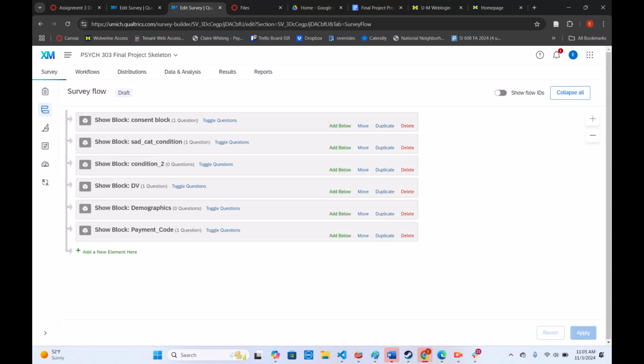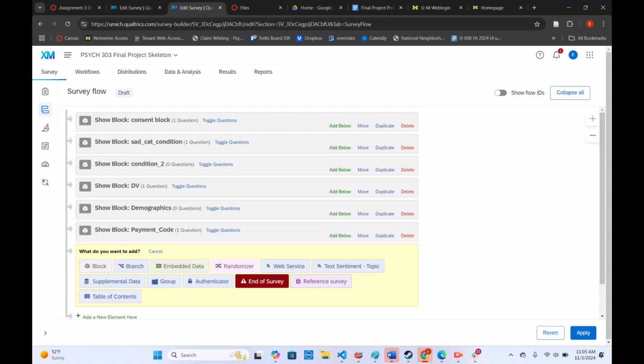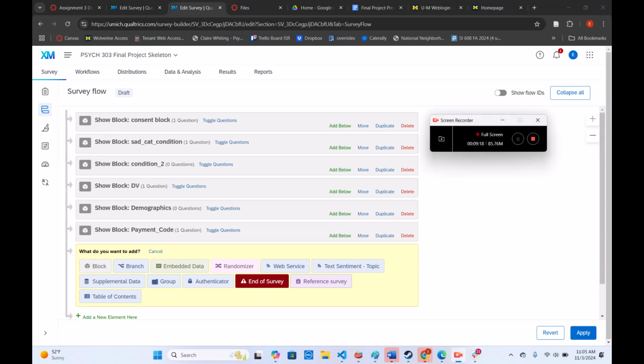Now we're going to move over to the left and click this survey flow question, or block right here. And you see we have all of our blocks presented in the order that we created them. This could be an issue because we only want to display one of these 2 conditions because we're doing a between subjects design. So we don't want to show them one condition and then show them the next condition and then take the DVs. What we'd want to do is show them one of 2 conditions and then display the DVs, demographics, payment codes. So what we'll do here is add a new element,